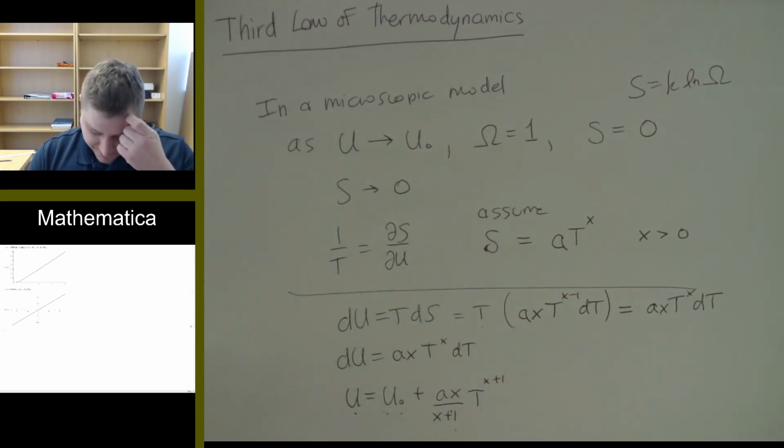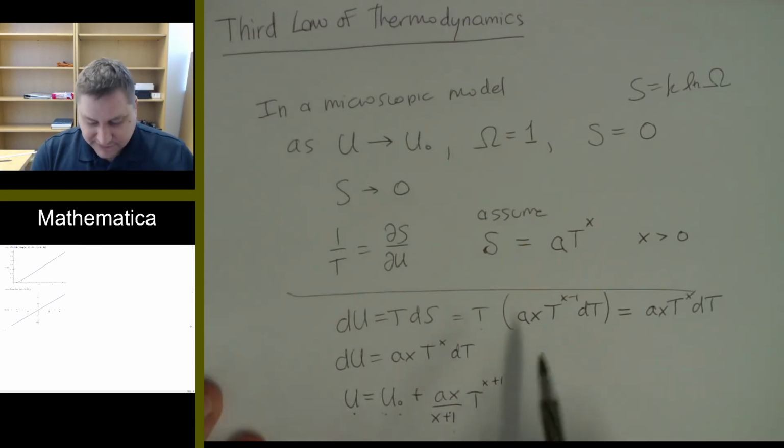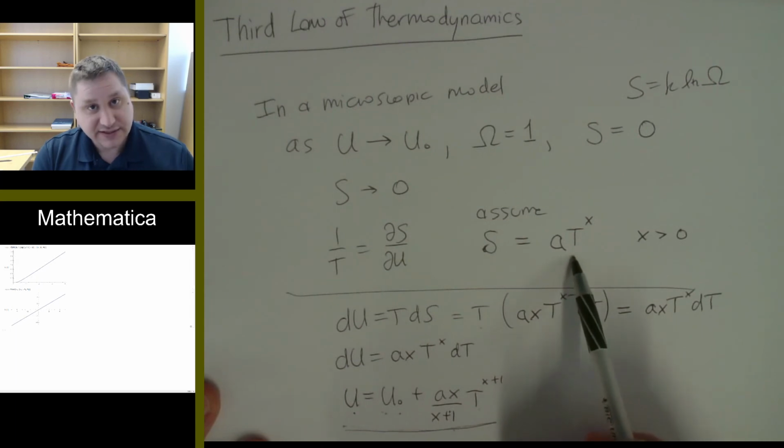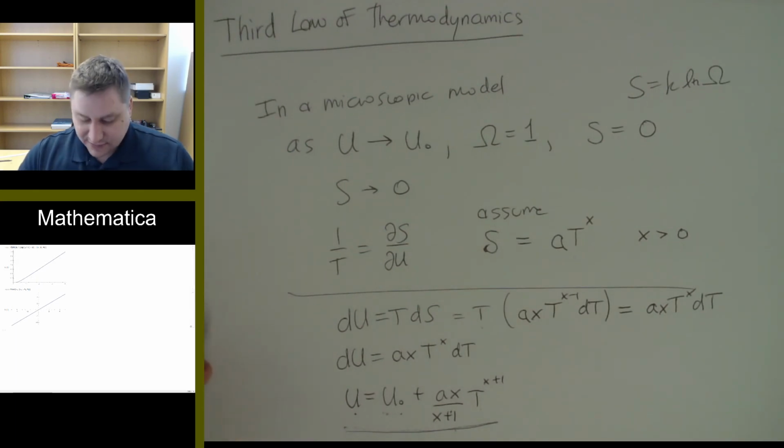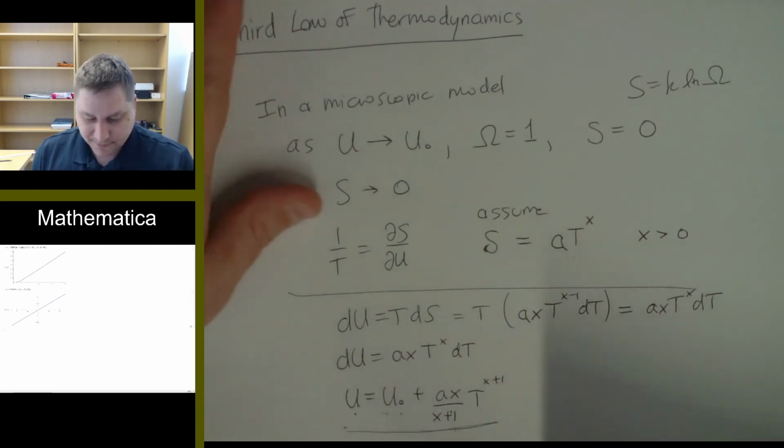All right. So this is not a necessarily universal result. It's based on our assumption here that the entropy goes as T to the x. But if we combine those two things together,